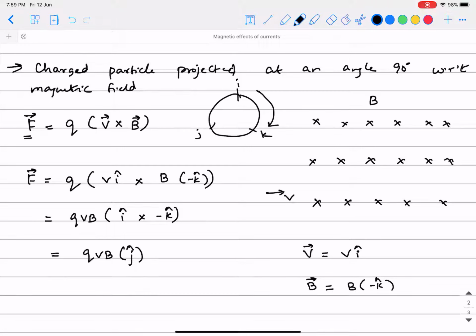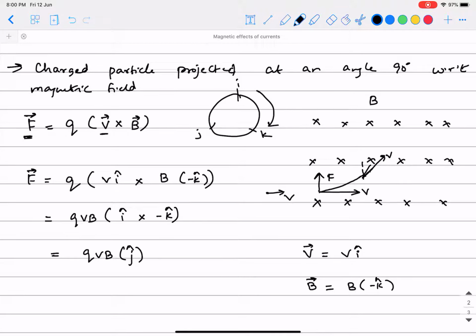So what is going to happen to this particle is, as soon as it enters the magnetic field, this is going to be the direction of velocity and this is going to be the direction of force. And remember, throughout its journey, the force and the velocity are perpendicular to each other, because we are doing the cross product. As a result, the particle takes a turn. It will no more be able to move in a straight line path. Let us say at this point, the velocity vector is going to be like this. At every point, the velocity vector is tangential to the path. This is a known fact.